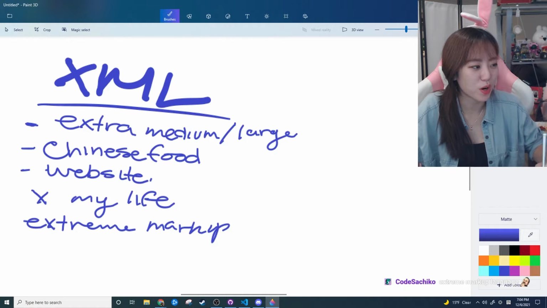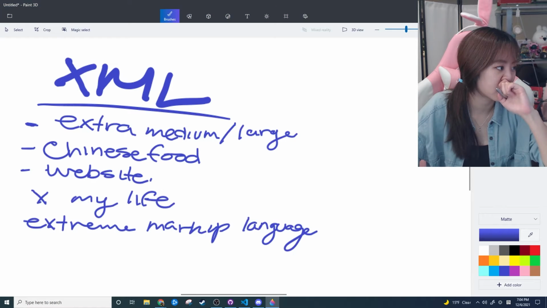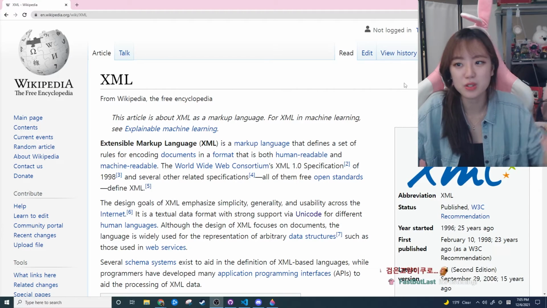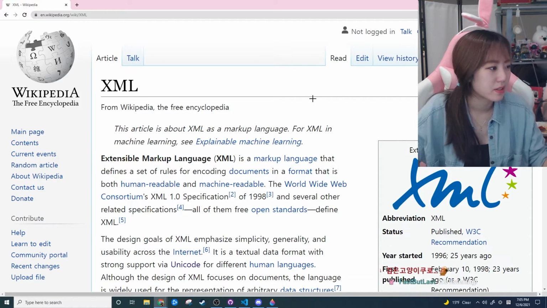So it's not a programming language. So let's read about it, guys. Let's read what XML is, guys. So, XML, that's the logo, I'm guessing,